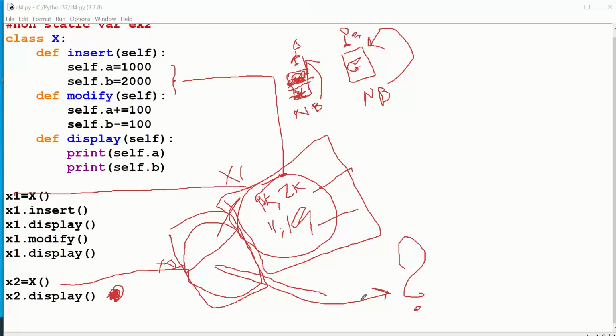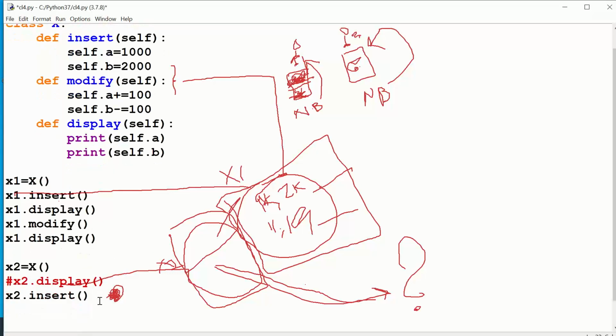So here in this object, no data is there. I hope you are clear, right? So what happens then, sir? x2.insert, this line is giving an error, no? So you have to comment out x2.insert. Now x2.display.